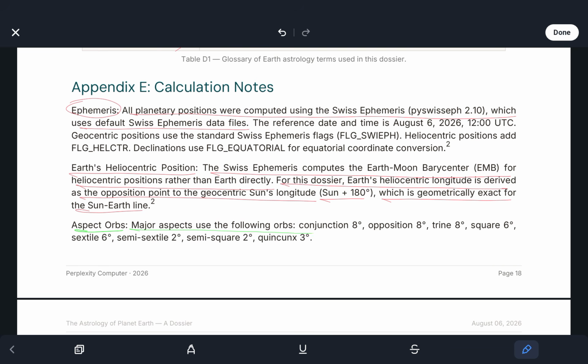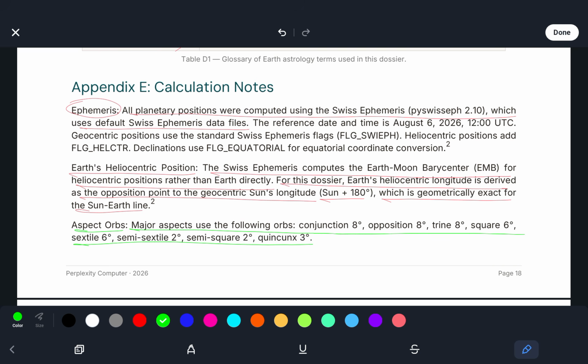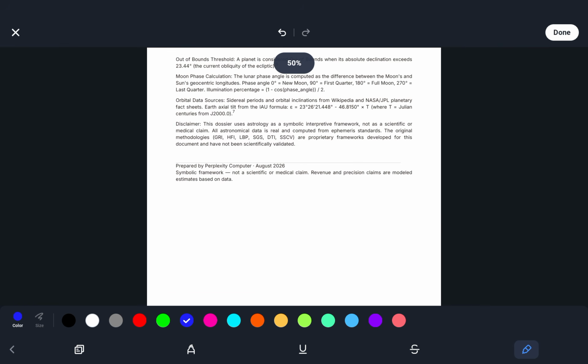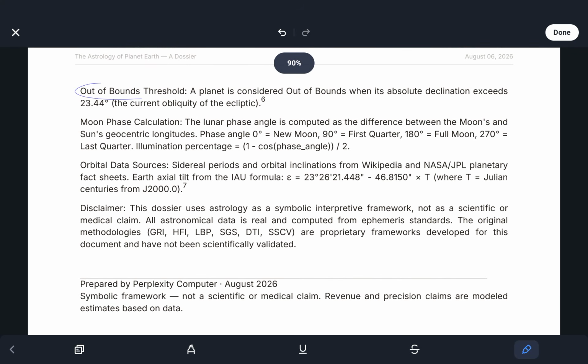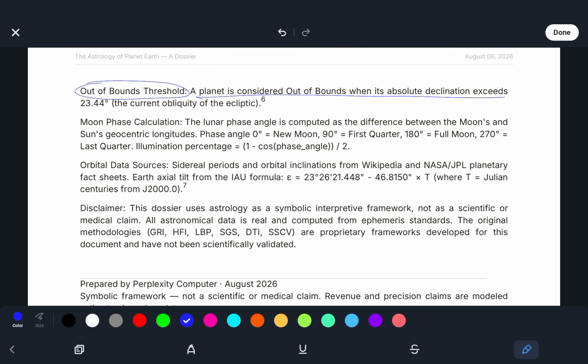Aspect orbs: major aspects use the following orbs: conjunction 8 degrees, opposition 8 degrees, trine 8 degrees, square 6 degrees, sextile 6 degrees, semi-sextile 2 degrees, semi-square 2 degrees, quincunx 3 degrees. Out of bounds threshold: a planet is considered out of bounds when its absolute declination exceeds the current obliquity of the